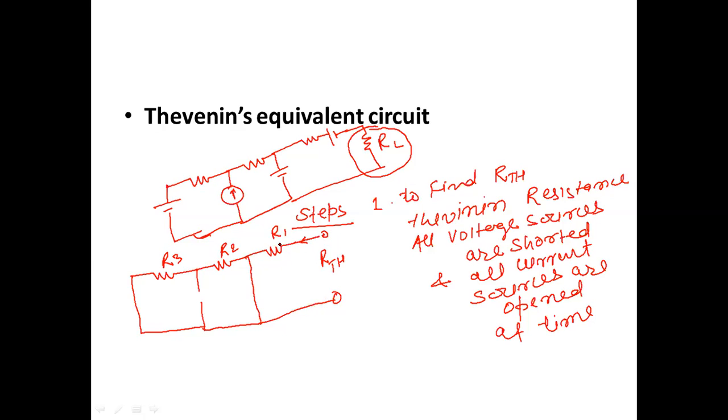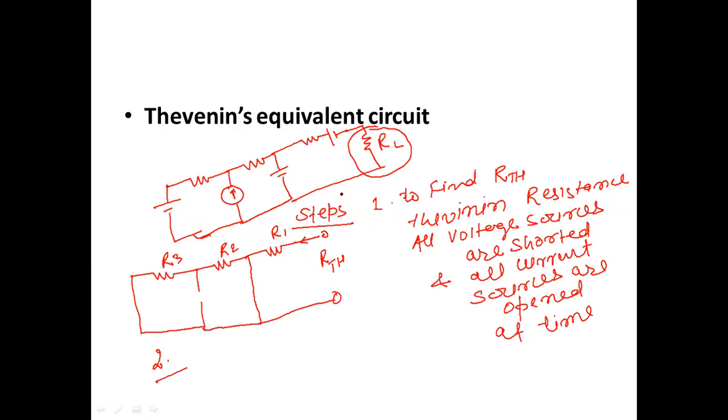So here RTH will be simply R1. So R1 will be the RTH. This is the first task we have to find. Now, the second task is that we have to apply all the current and voltage sources, and